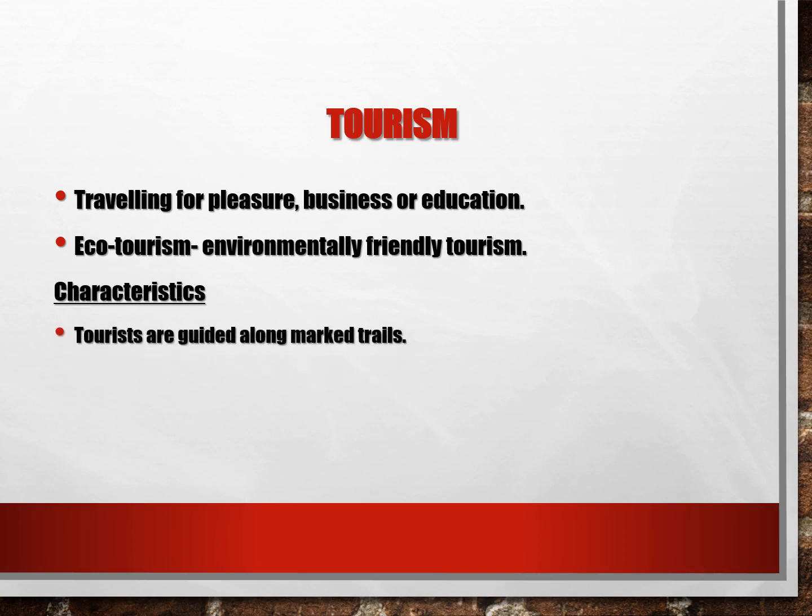One is that the tourists are guided along marked trails. Tourists are not allowed to veer off the main track that they are following, so that they avoid trampling over grass, which could cause drying or creating too many trails inside the park. Then telescoping viewing of animals is encouraged, where you zoom using a binoculars probably, so that you have minimal disturbance for the animals. You can zoom in using a binoculars and view your animals.